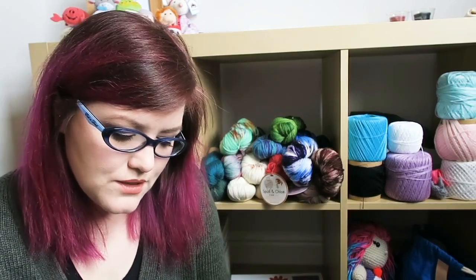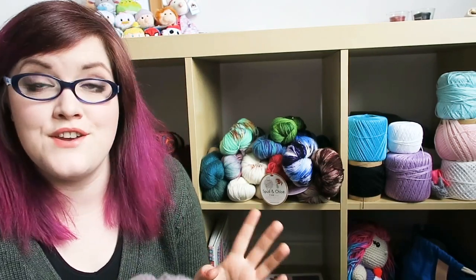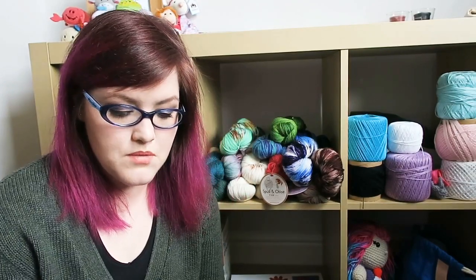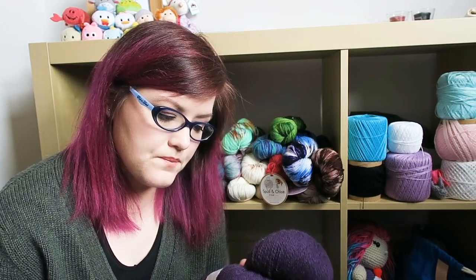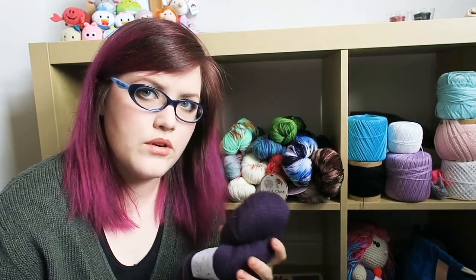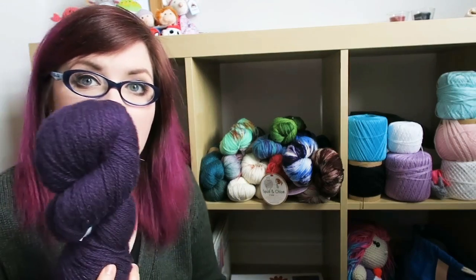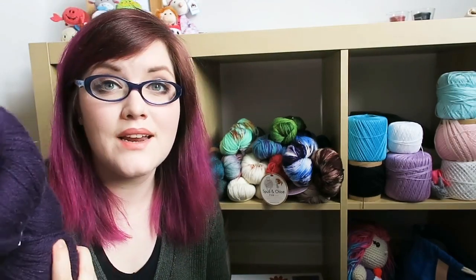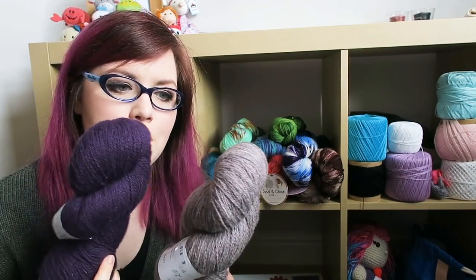Then I went into a yarn shop, and a lady actually explained the labels to me, because other yarn shops I'd gone to, I'd looked at the labels and I just didn't understand them. But she explained the labels to me and was very nice about it. And I bought some yarn from her shop, and this is 100% Estonian wool. It's fingering weight yarn, 4-ply yarn, and I got this dark purple. I clearly like purple, and I got this lighter purple,